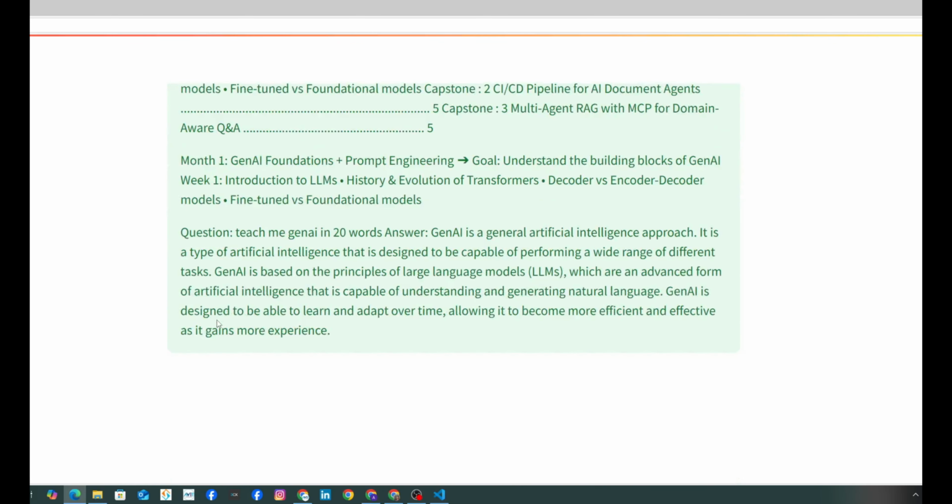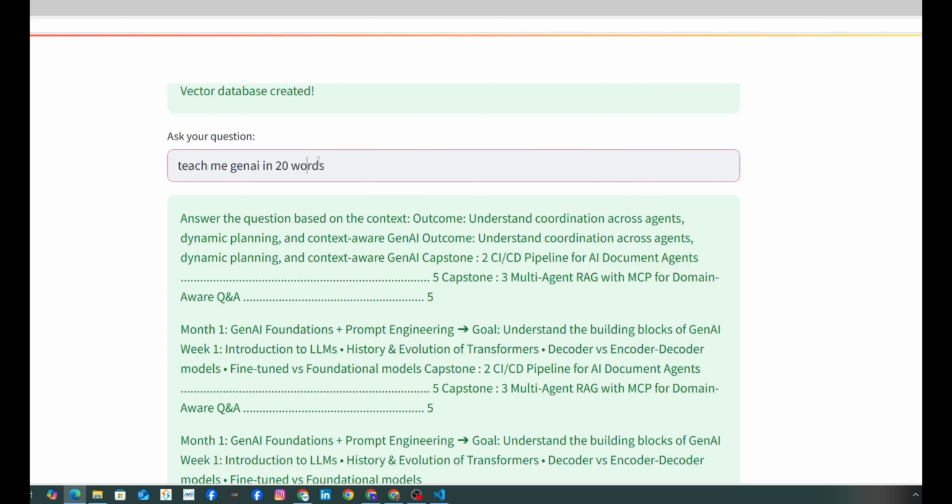It is also not showing me a chatbot-like interface, so we can improve our interface as well, right? So these are a few things which we need to look at to make it a more robust system.